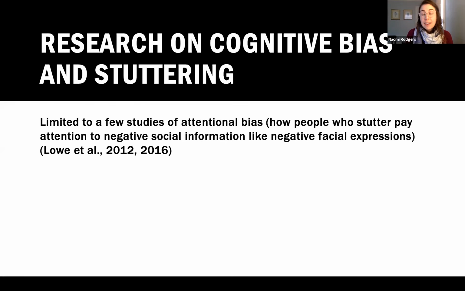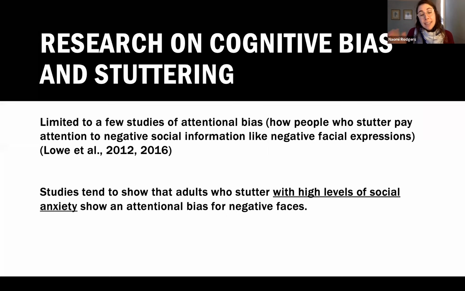And so there admittedly has been very, very limited work in the area of attentional bias among people who stutter. What we tend to find in the few studies that have been done is that adults who stutter, particularly, but only those that also have high levels of social anxiety, do tend to have that attentional bias for negative faces. They tend to favor attentional processing of those fearful or angry or disgusted facial expressions as opposed to those neutral